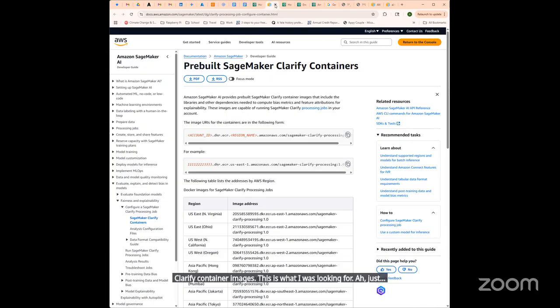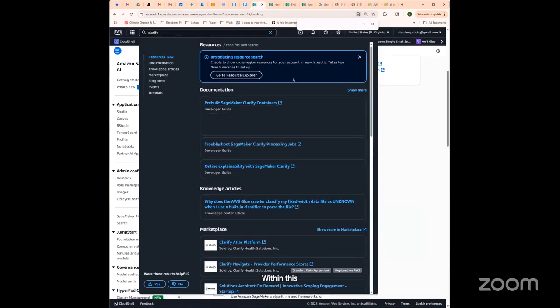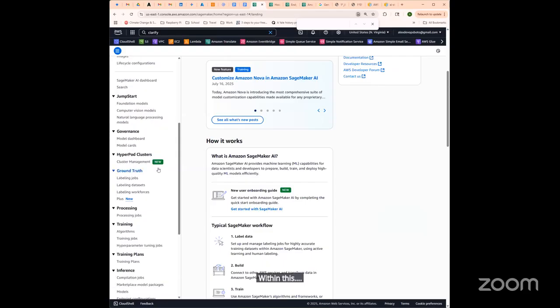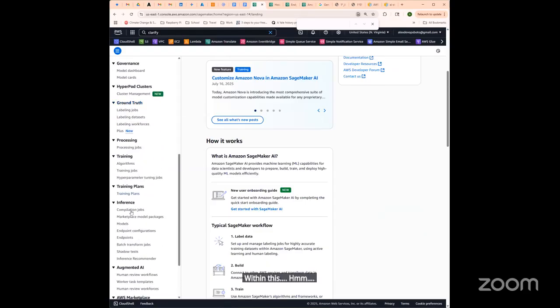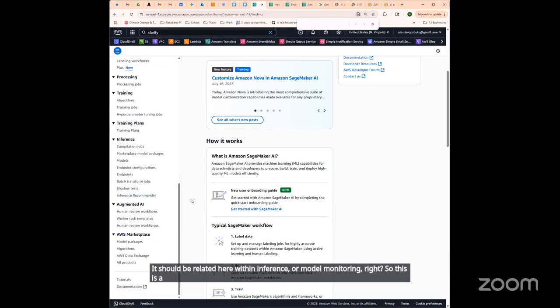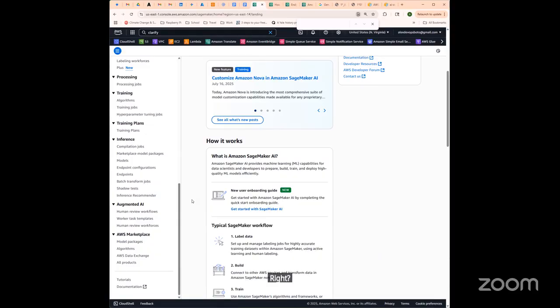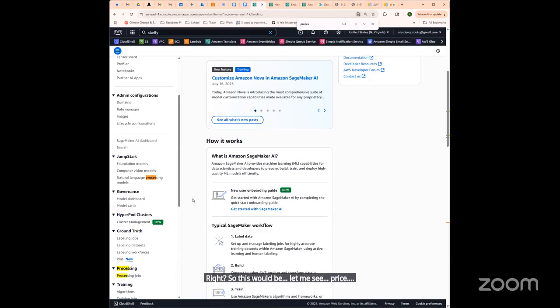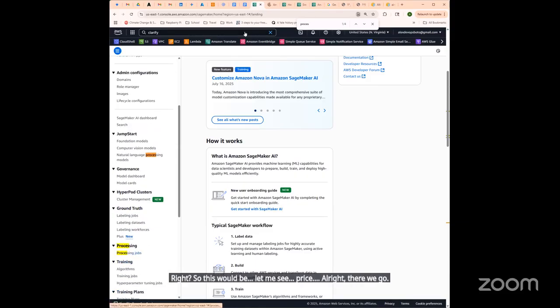Okay, so within this, it should be related here with inference or model monitoring, right? So this is a way that you would explain what's actually going on for this, right? So this would be, let me see, there we go. Probably in processing jobs. Okay.